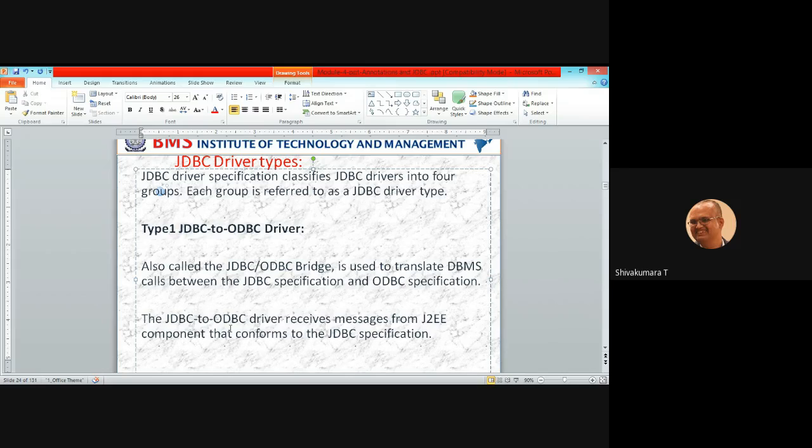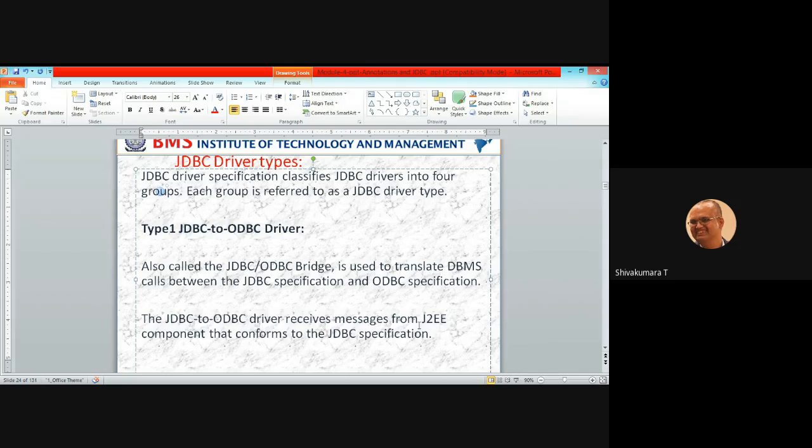The JDBC to ODBC driver receives messages from a Java Enterprise Edition component that conforms to the JDBC specification. Java Enterprise Edition means advanced Java. In advanced Java applications, every application accepts user requests, like client requests.